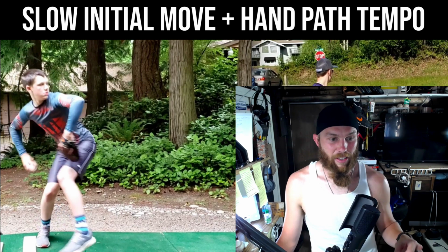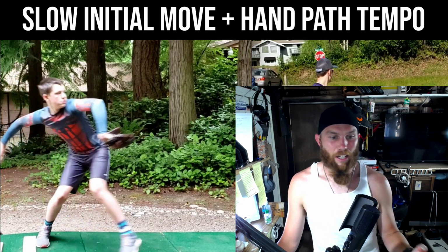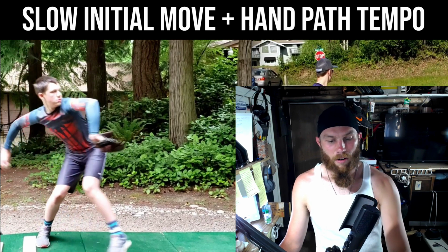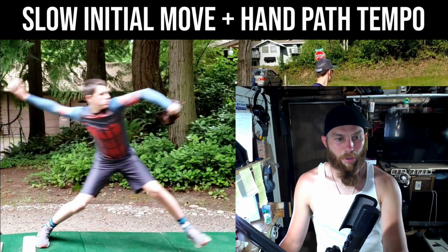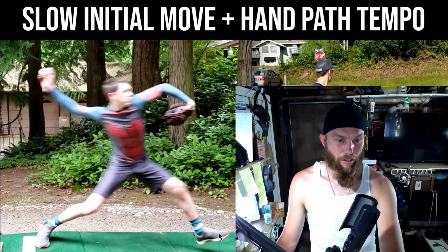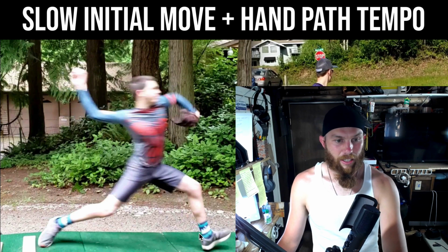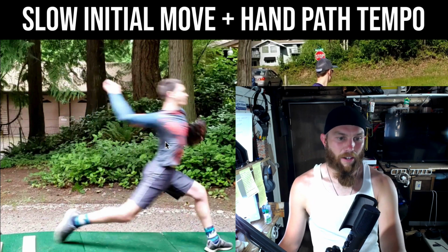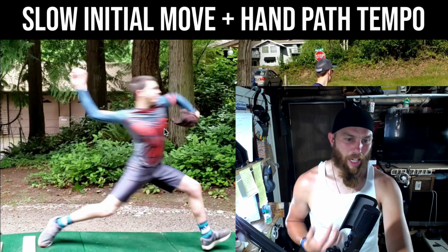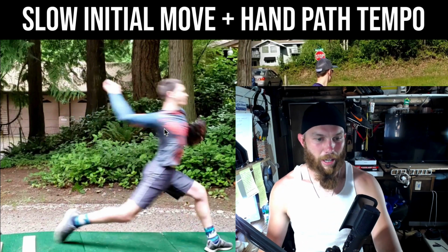Kind of piggybacking off the limited acceleration in the initial move. Now what we see is the arm comes up fairly early before coming back down to the ground with his front foot, right? So this is a kind of a breakdown that we see. And again, I know he's 13, and it kind of pains me sometimes to start thinking about this stuff, but